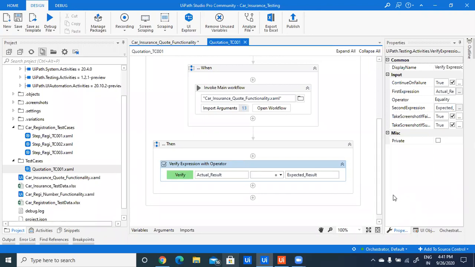Hi, Snehal. If we have defects or stories in Jira, we have to... Yes, Amit here. There is one connector. Using the Jira connector, you can integrate with UiPath. There you have to map what kind of Jira components you want: your projects, your stories, your test cases, defects. So one connector is available, and through this connector you can integrate with UiPath.